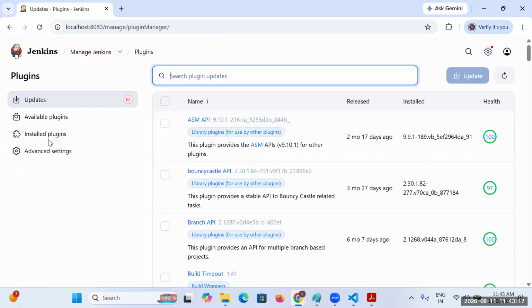And then you will search for the plugin. What is the plugin we require, guys? What is the plugin we have to install?